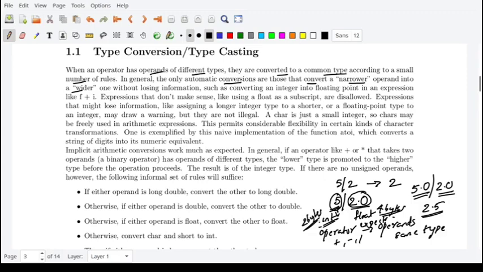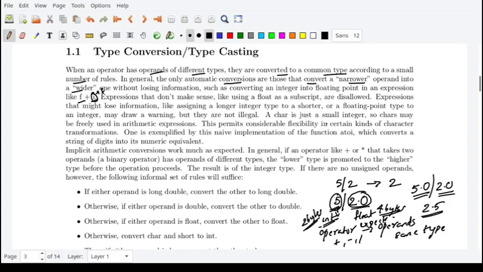So you convert the narrower operand into the wider operand type. If we have an expression with a floating point number and an integer number, this integer will be converted into floating point data type, so the result will be in float.